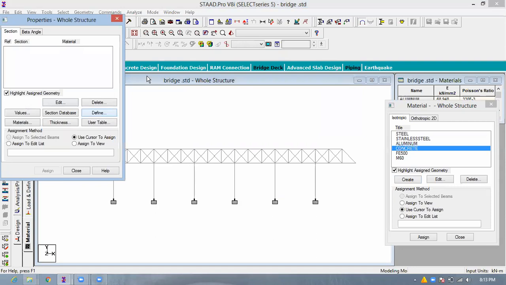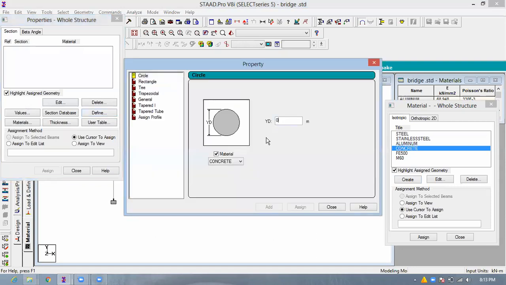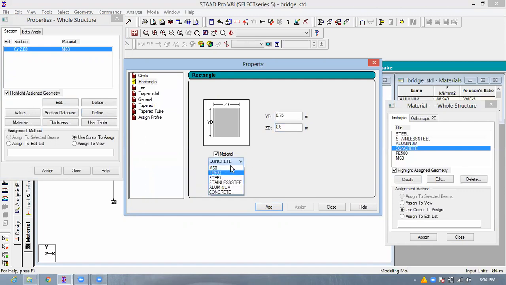So circle first, I want to use 2 meters. I want to use M60. I say add. I want to use rectangle. I want to use 0.75 and 0.6. I want to say M60. I want to say add. Then I want to use